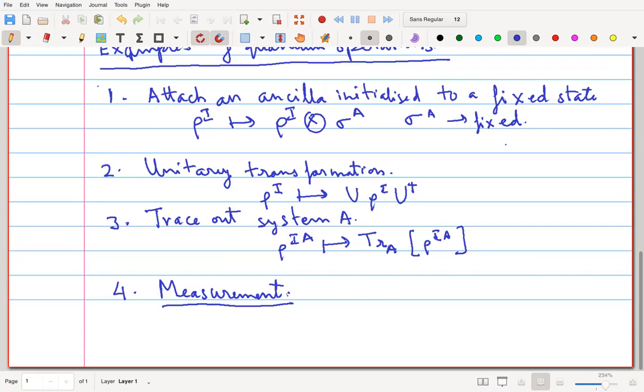Now, if you're doing an experiment in the laboratory, let us see how you do this. Attach an ancilla just means, let us say there were some electron spins whose state was described by this density matrix. And now attach an ancilla just means